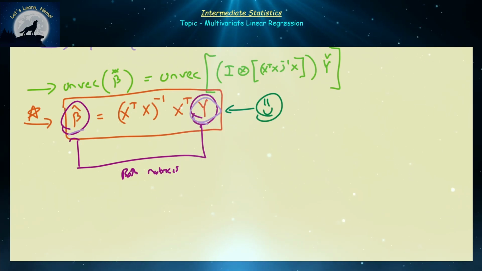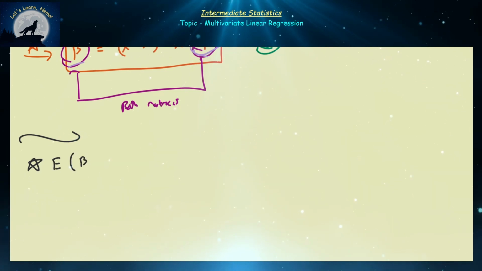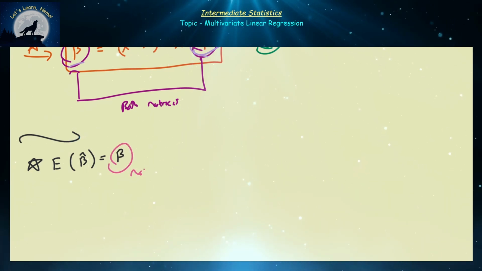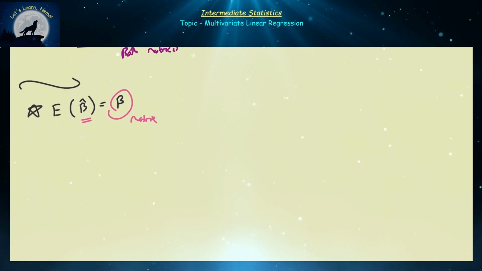Now that we've proven that wonderful result, let's mention some theoretical things that you definitely would know when actually performing a multivariate multiple least squares linear regression model. Since we now have this beta hat matrix, something you could easily prove is that the expected value of this beta hat matrix will be equal to this beta. Keep in mind this is now a matrix. The expected value of a random matrix will be a parameter matrix, equal to beta. Now the variance of this matrix, this is where things get a little tricky to deal with,